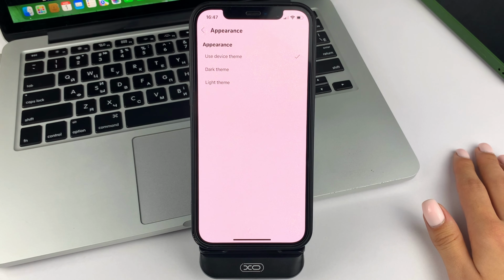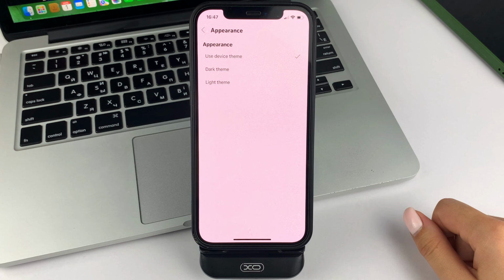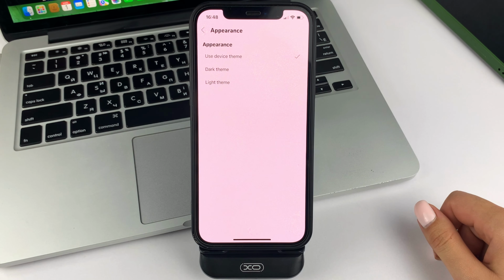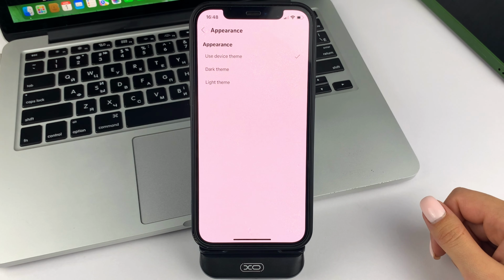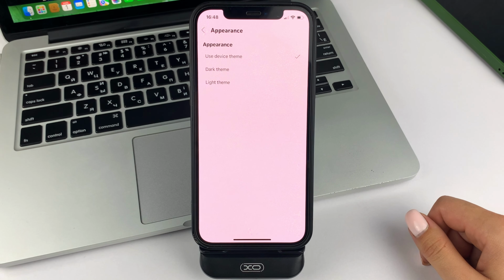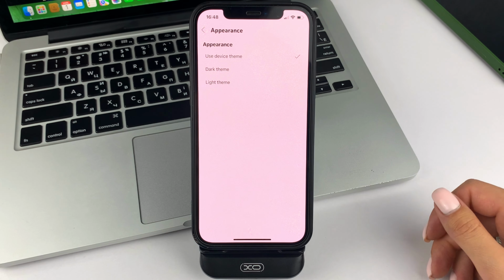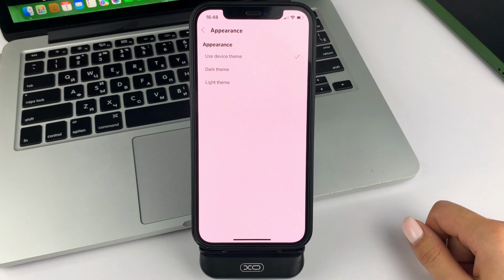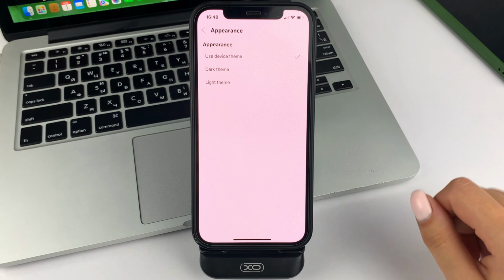And so watch the mode that's responsible for adjusting to your phone. The way it works is that when your device is on light mode, that's when YouTube will be in light mode. And when your device is on dark mode, then YouTube will be in dark mode. So it adapts. But if you want YouTube to always be in dark mode, then choose dark mode.